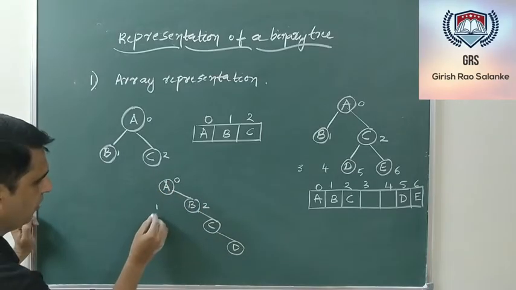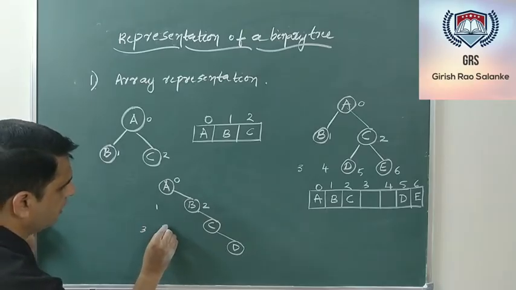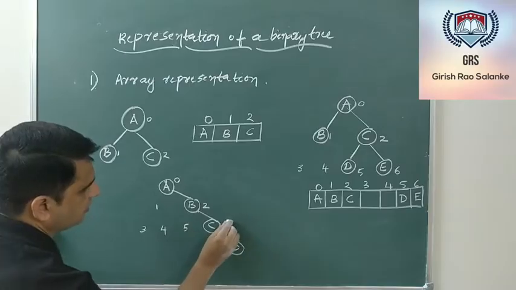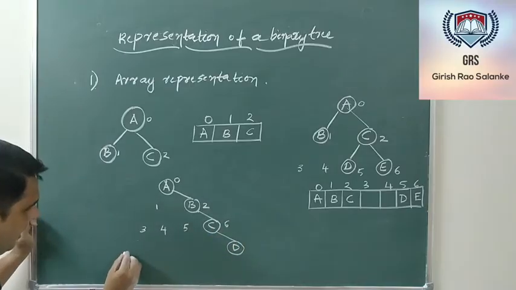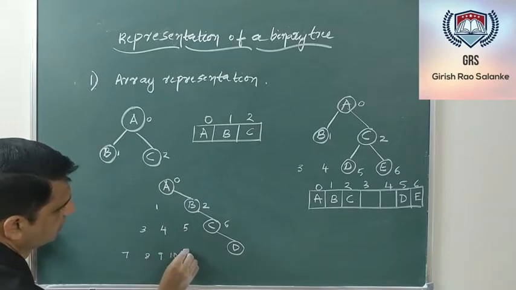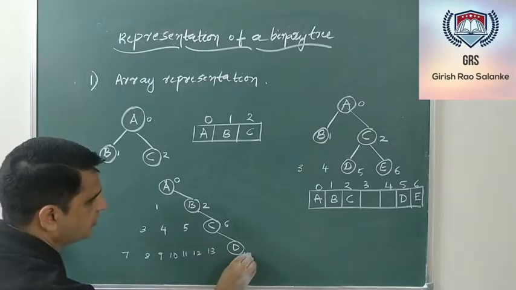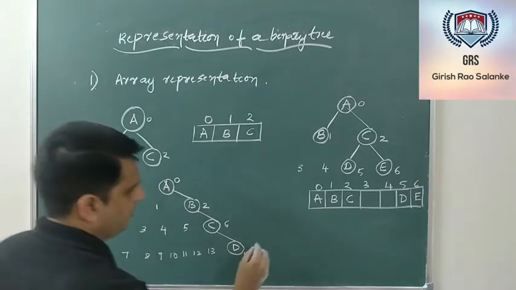To the left side of 1 needs 2 children. This is index 4, 3 and 4. This is 5, 6. Next 3 has 7, 8. This is 9, 10. This is 11, 12. This is 13 left child and this is 14. So if you see,